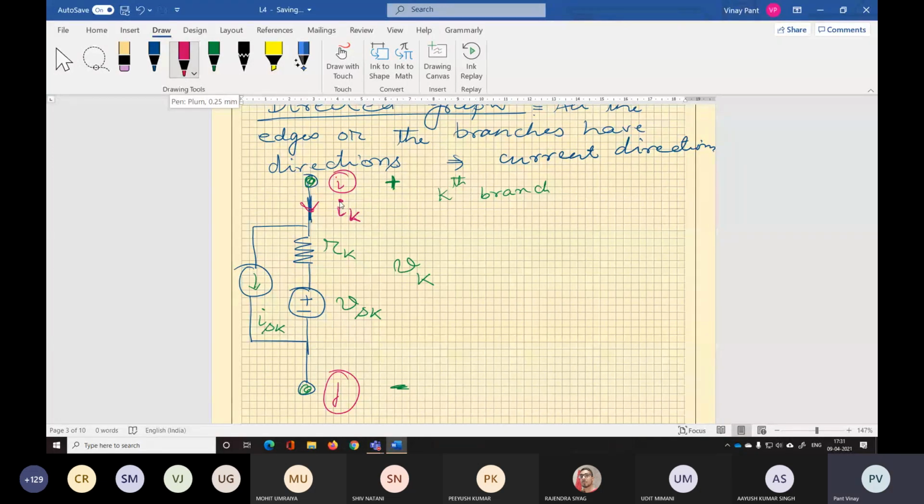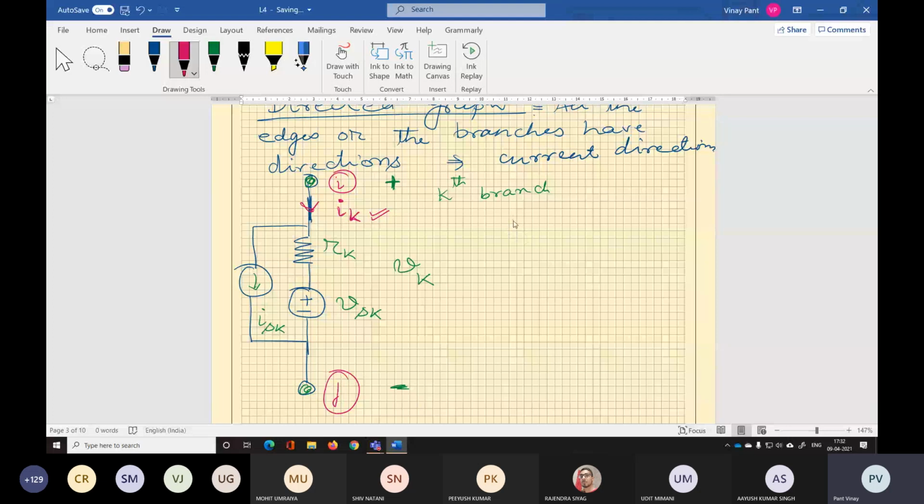Current flows from higher potential point to lower potential point. So we assume that i is at a higher potential than j, so current flows from the ith to the jth node. This will decide the direction of the edge. We can assume any direction, and that will have to be translated to the graph.